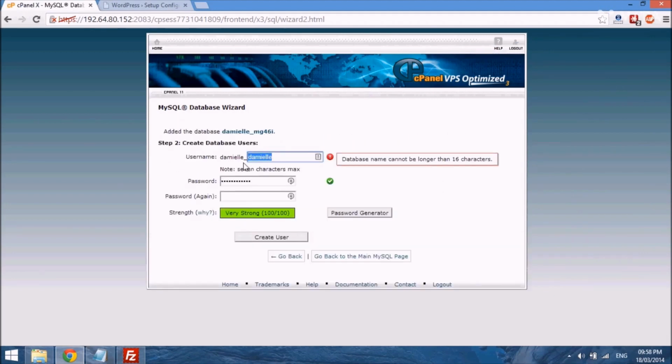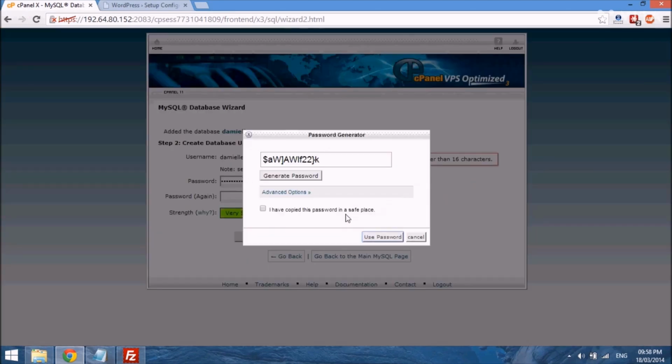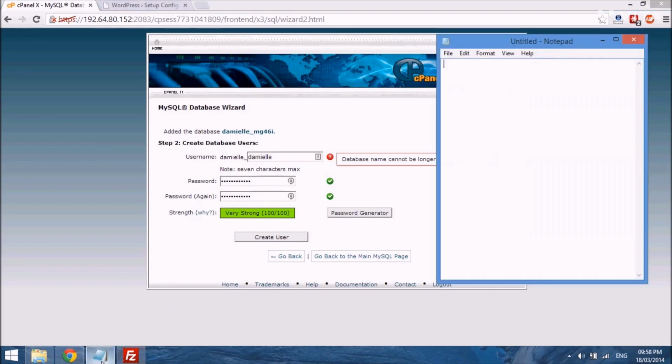Then I create a username for that database, and then I need to create a password. So there is a built-in password generator, so you can just use it, copy, and just click this box that says I have copied this password in a safe place, use password, and it will just populate the password fields. And you want to go ahead and just type password, paste it there,